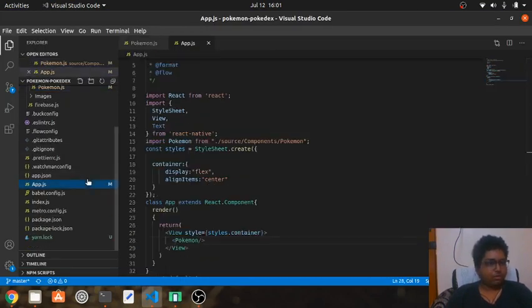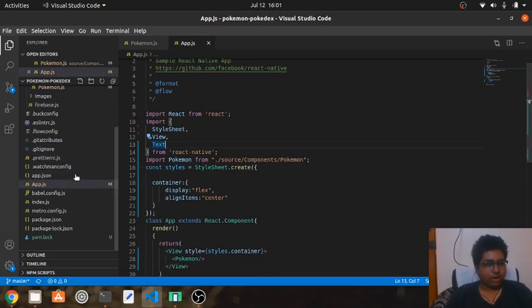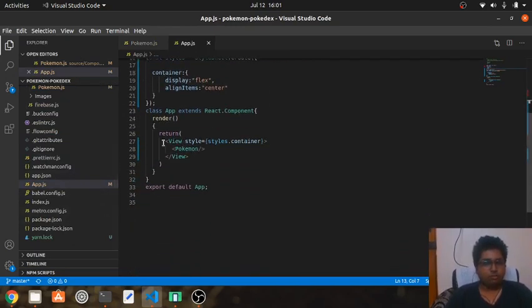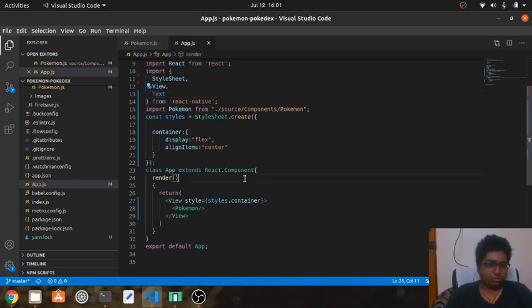So let's start with app.js. Whenever you create a simple React Native project, you will have an app.js file, and what I've done in this app.js file is I've simply taken a view. What a view is to React Native is what a div is to HTML, so a view is exactly the same as the div in HTML.